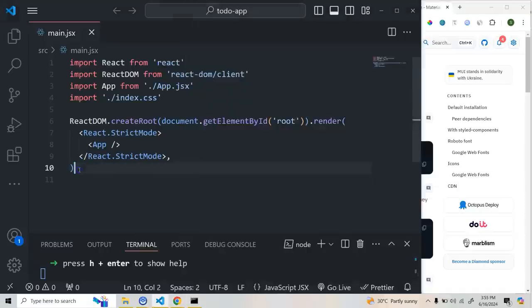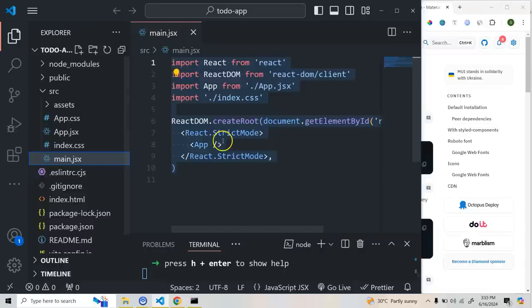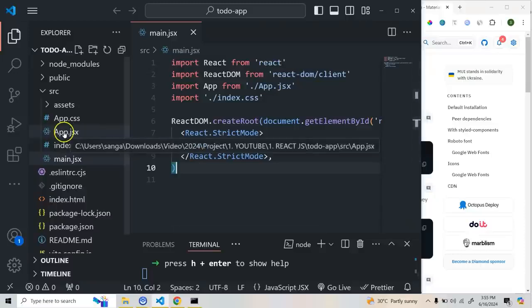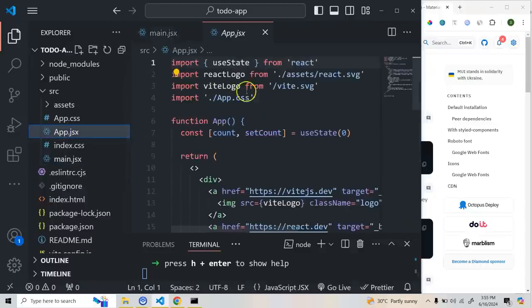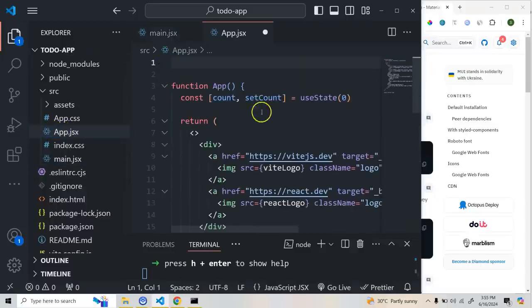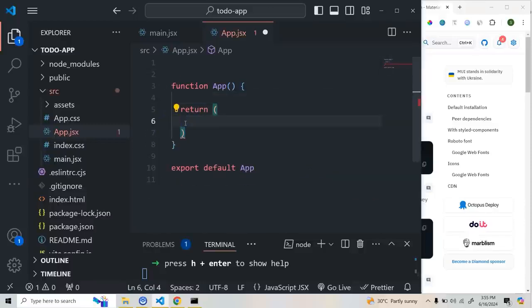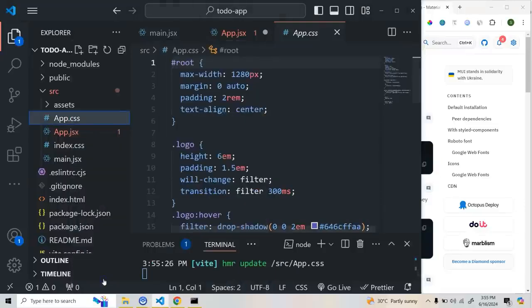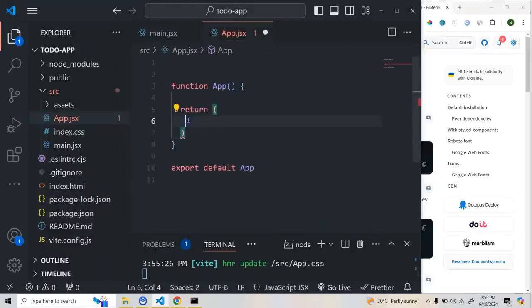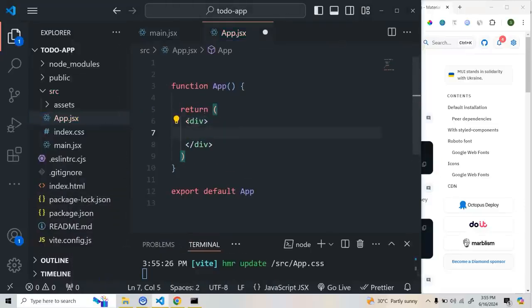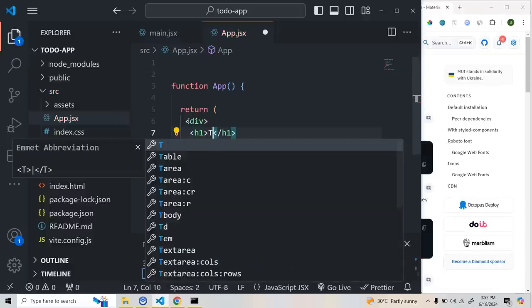You can see that I already created a brand new project using Vite. I think I already discussed how you can do one, and I will highly suggest that you try to install the project by yourself. So the first thing we are going to do is go to App.jsx and remove all of this. We can also delete this App.css, and here I'm going to return a div with an h1, and I'll give it the name To Do App